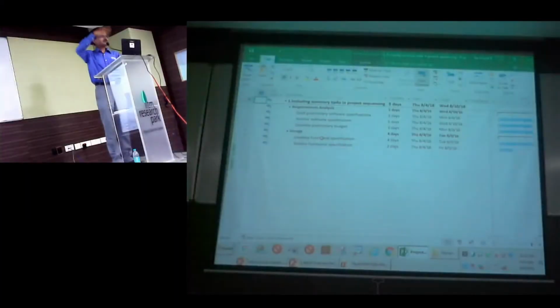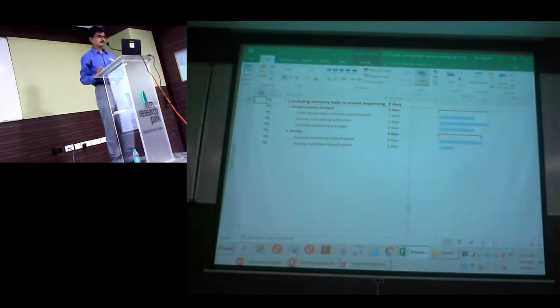So generally when we speak to others, we would say after the analysis is done, we can start your design, right? That's how we do a top-down approach. So what we do now is we will start linking the sub-activities, okay? There are two ways of doing it. You can go to your predecessor column and enter numbers. Second option is you can select the task and just link it.